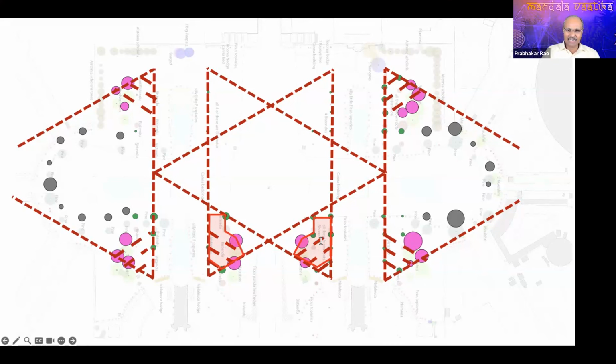Now, you can see what I've done. I've just mirrored the chamfered hexagon on the other side. And you can see there's a cluster of trees here and there is a cluster of trees here. And if I do this, now we are getting to see something here. Something is happening because there is a truncated corner of the triangle and there are two places where I can truncate the triangle from. And he has given me